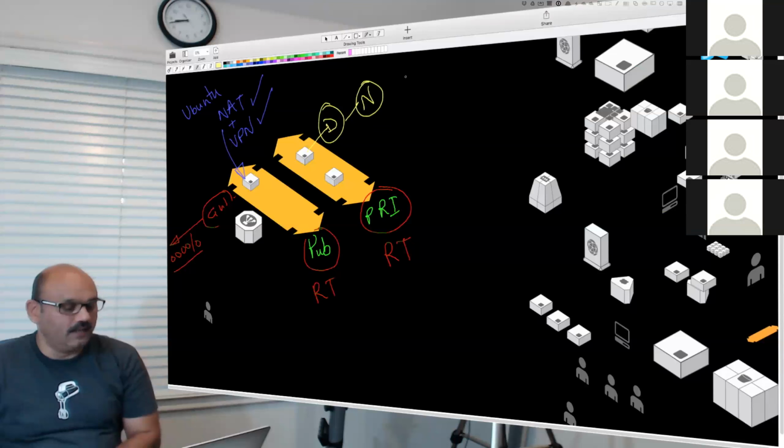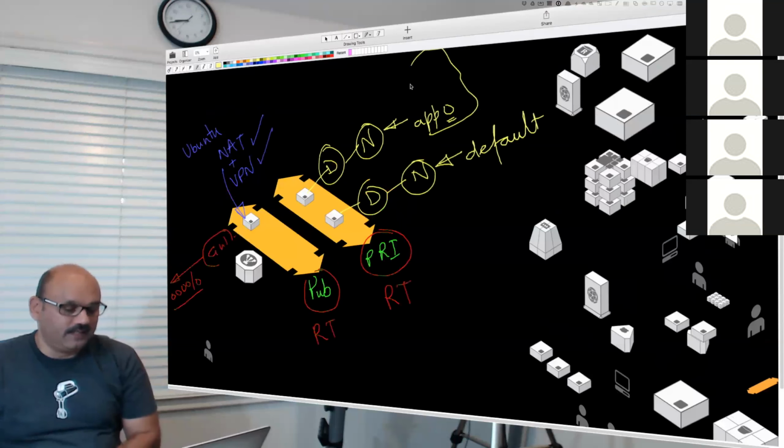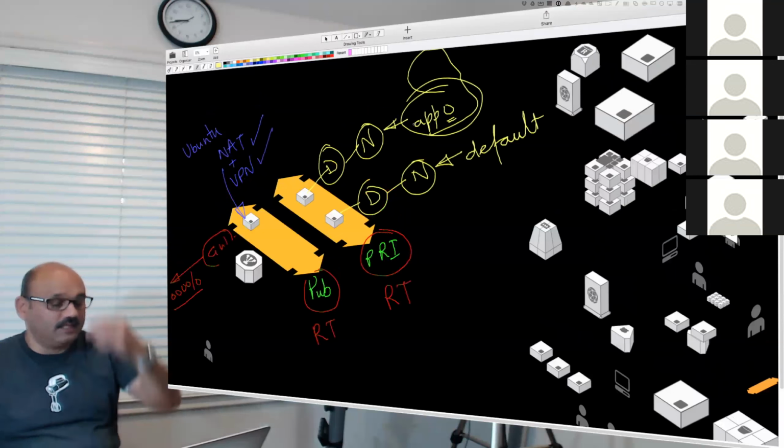So I went in there and hacked and made app0. And this other one is running a Docker container that runs nginx with the default. I made that little change to illustrate to you.